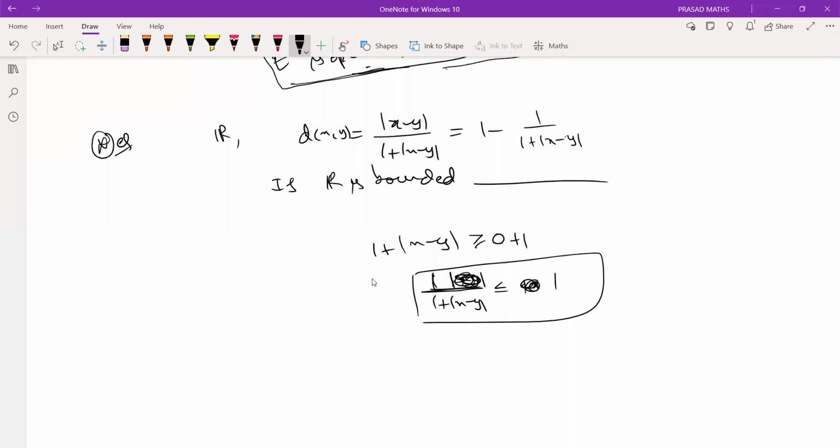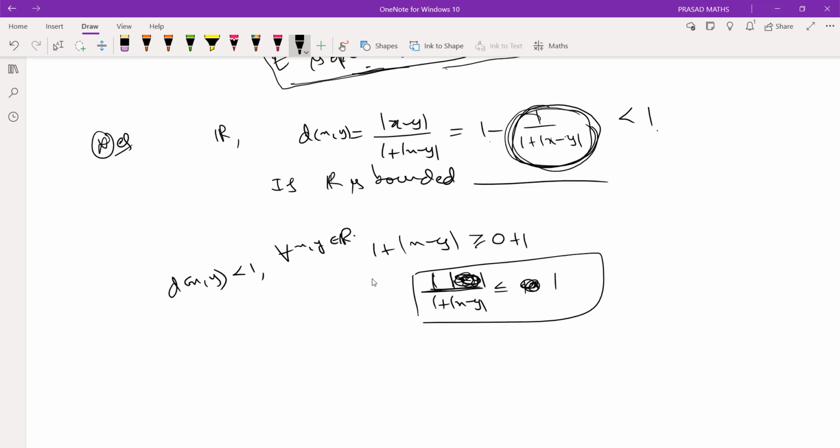Yes or no? Yes, sir. You know, this is a positive quantity, which should be less than 1. A positive quantity is always less than 1. Yes or no? It's a positive quantity. So 1 minus a positive quantity is always less than 1. So what you observe is this distance between x comma y should be less than 1